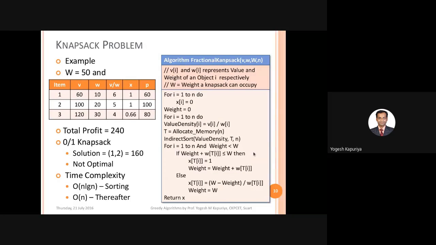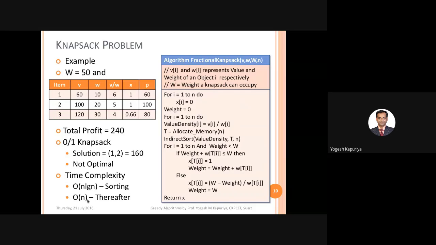Then in worst case, this will run n times. So obviously when you add all this together, the equation you will get is something like an plus b plus the time required for sorting.